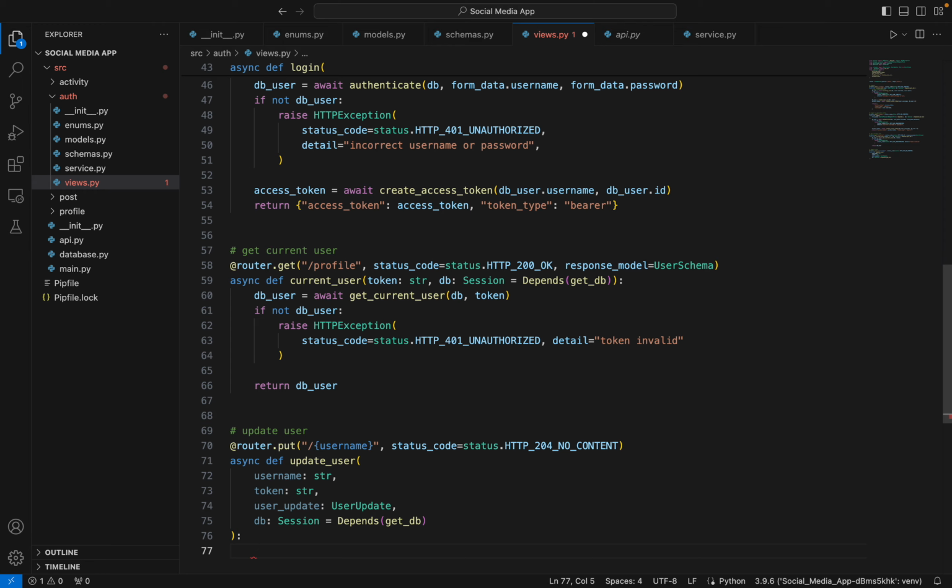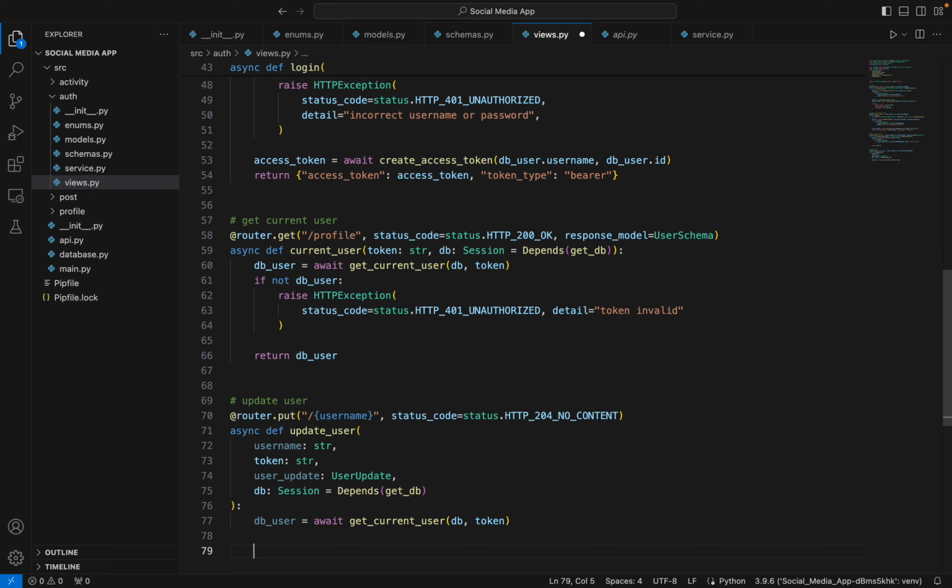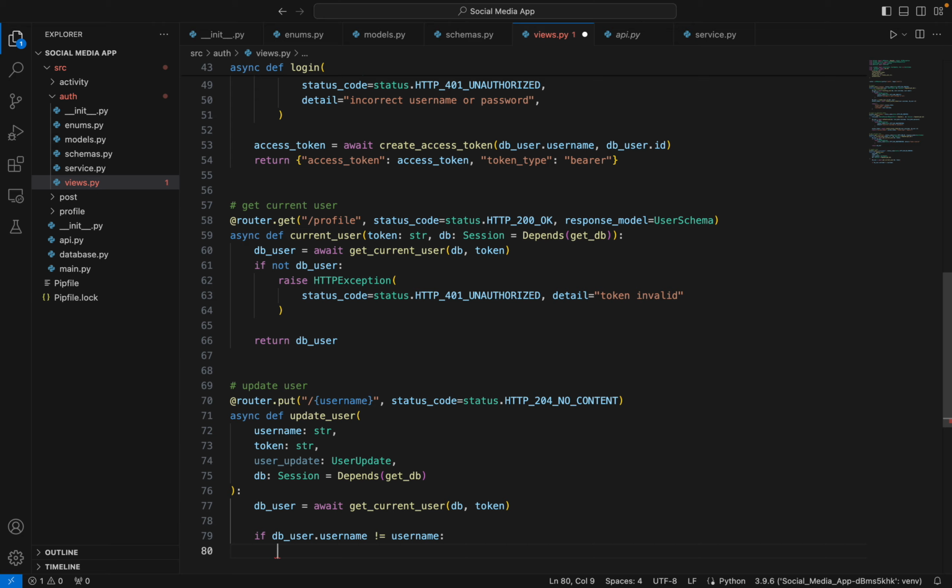And okay, so one way is I can create a service function, and there only we'll do the updating part. Or first I'll get the user. I'll get db user, and this will be await get current user from the token, db, token, and then I'll check if the username provided doesn't match the db user. If the db user dot username is not equal to our username,